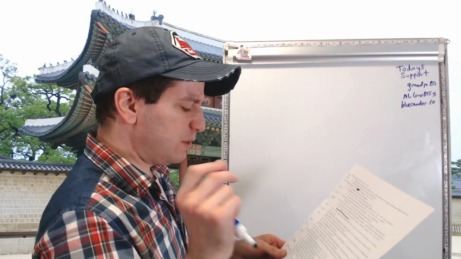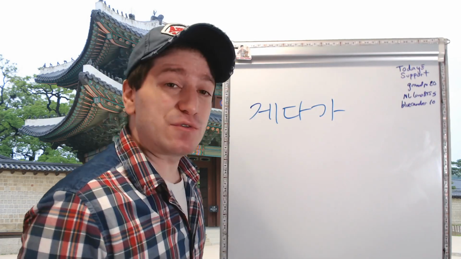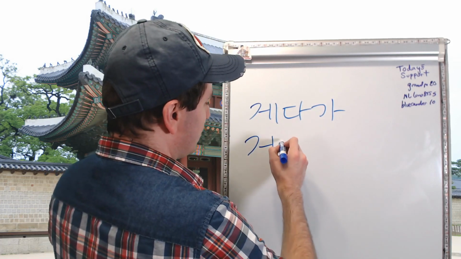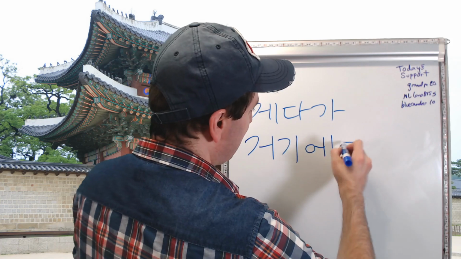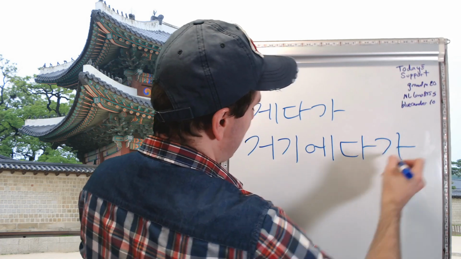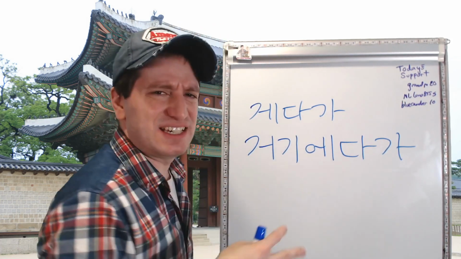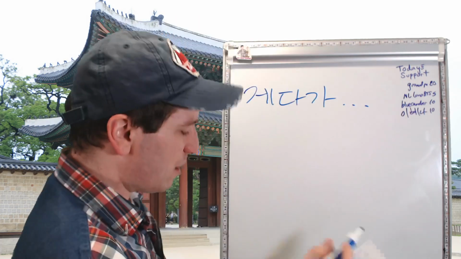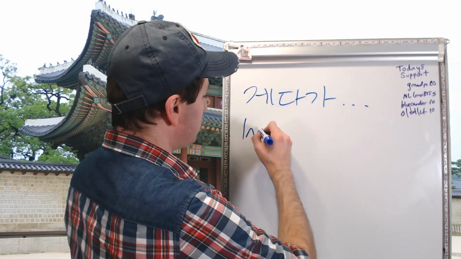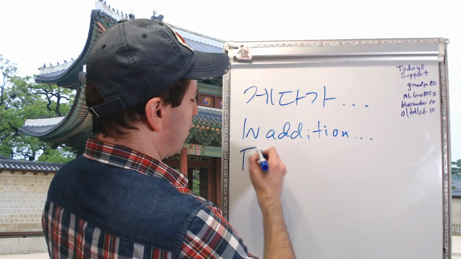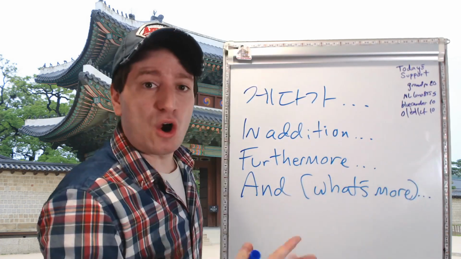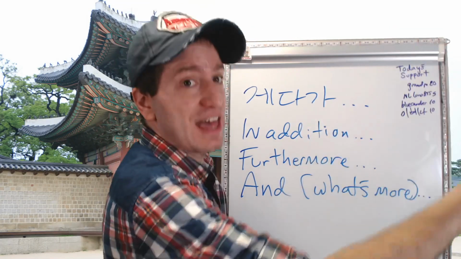You also might be wondering about 게다가. It comes from the same thing. What 게다가 is, 거기에다가, on top of that, in addition to that. And it is used at the start of a sentence. So this is not a grammar form. And what it means is in addition, or furthermore, or and what's more, literally 거기에다가, and on top of that,